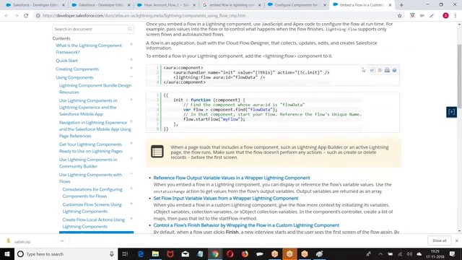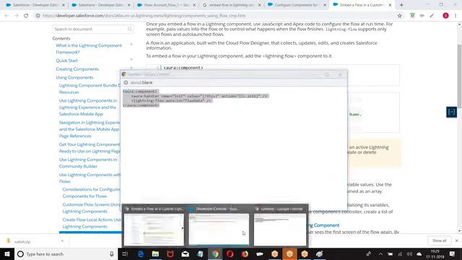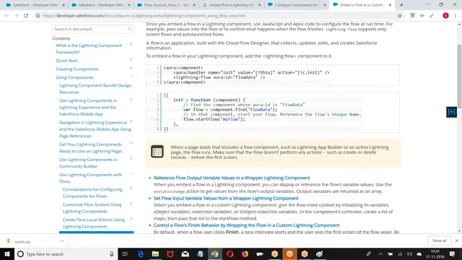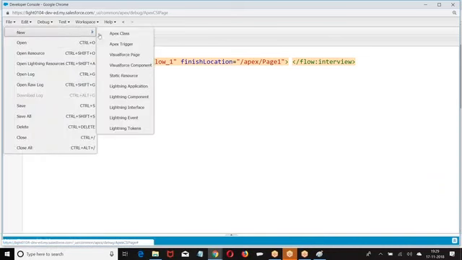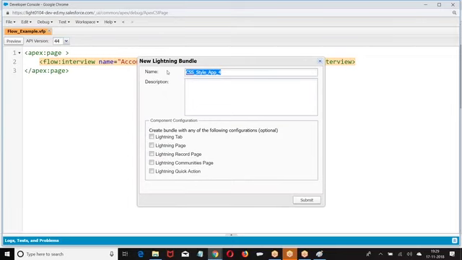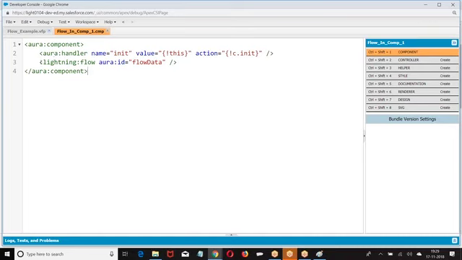So let us take a quick example. Simple. lightning:flow, ID, you can give anything of your choice.